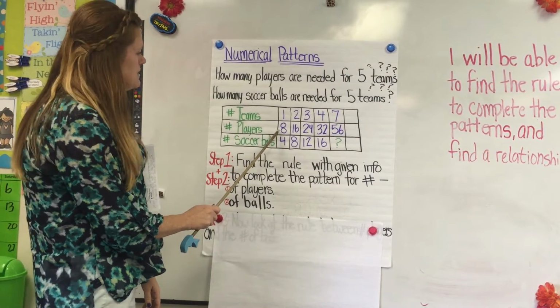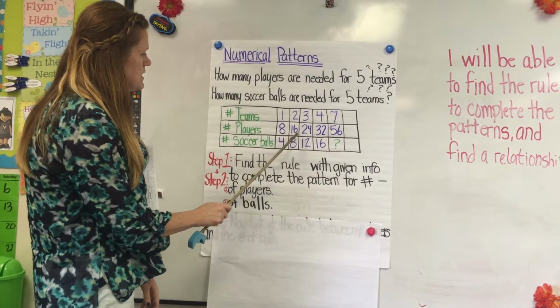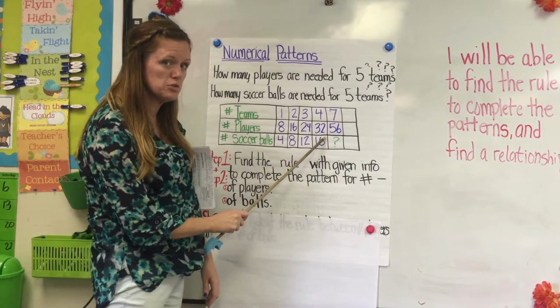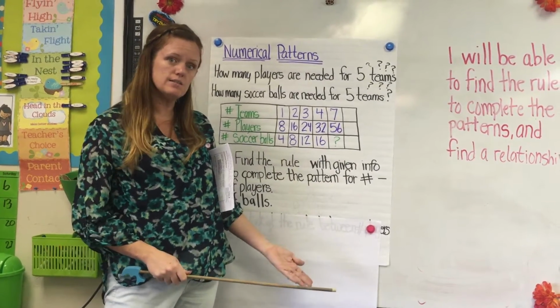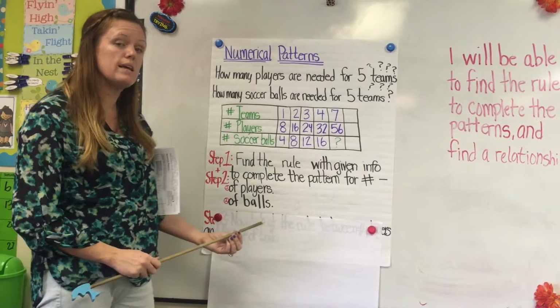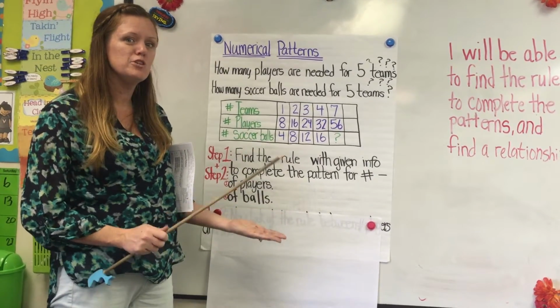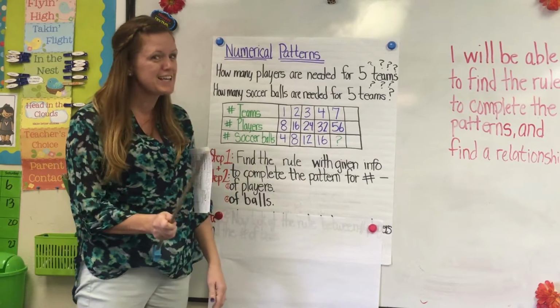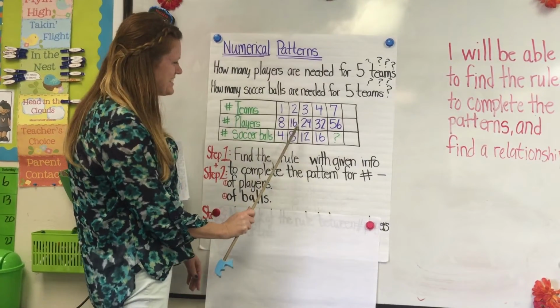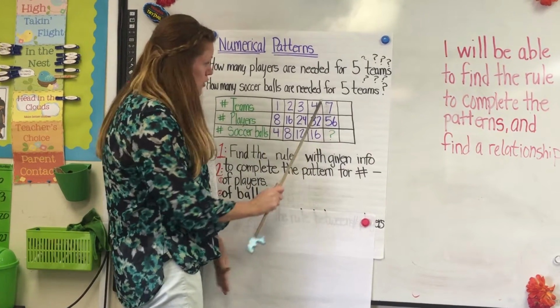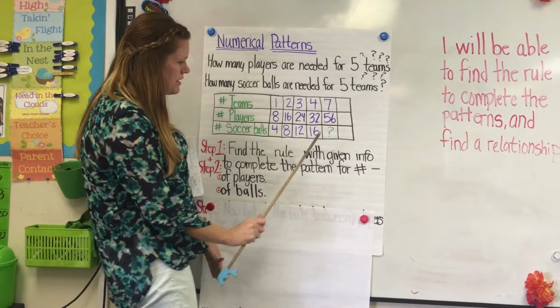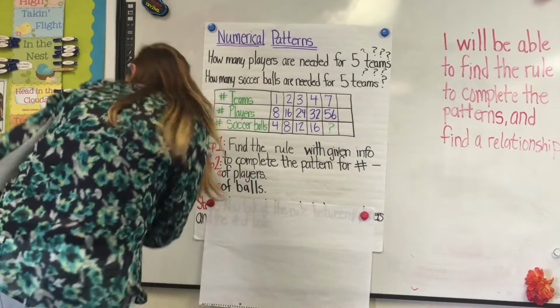Some of you might see 8, 16, 24, 32. What are you thinking? What do you think that pattern is? Some of you see that we're counting by, you're right, we're counting by 8s. You said that, right? 8, 16, 24, 32. So, if I was to do the 5th one, which we're missing, it would be,